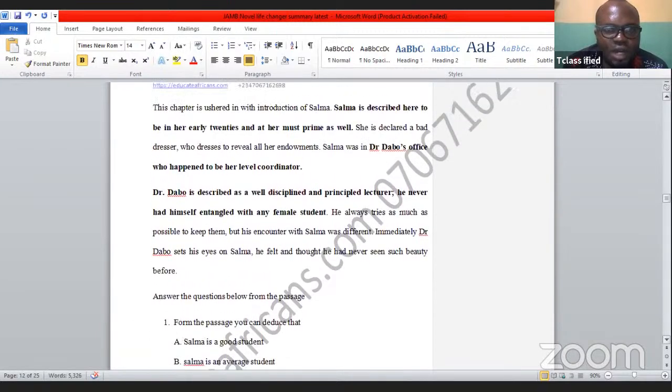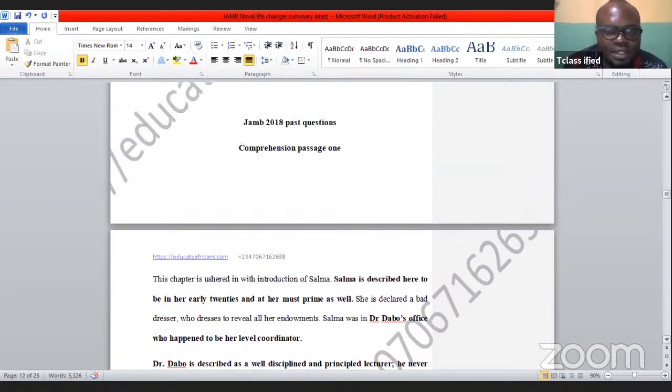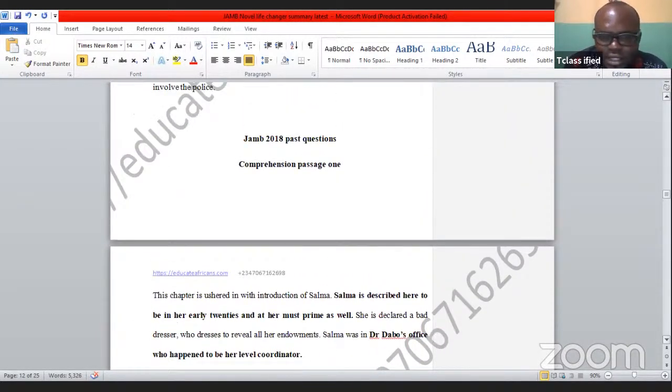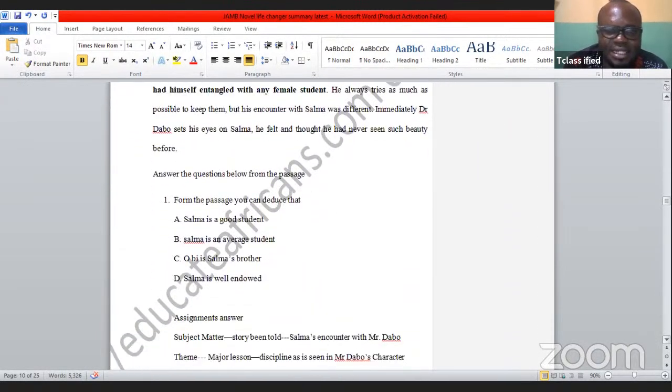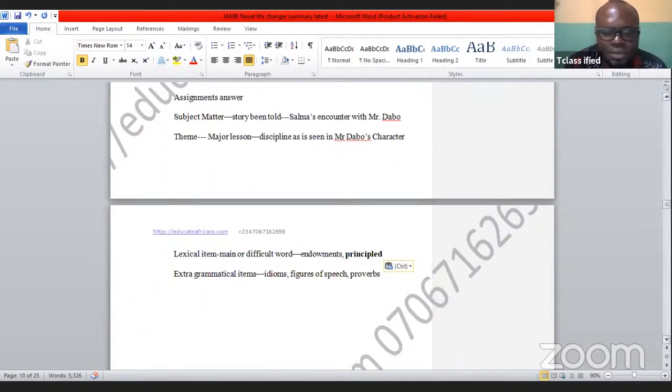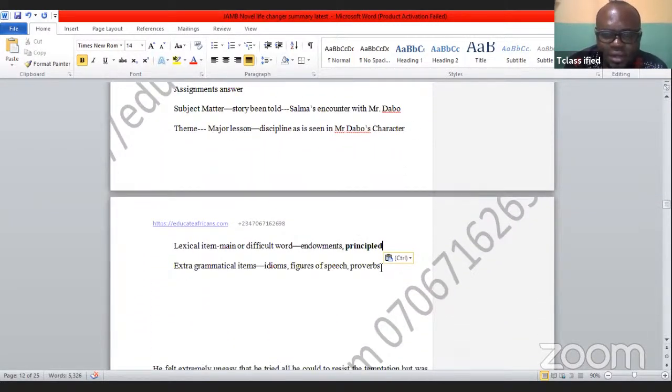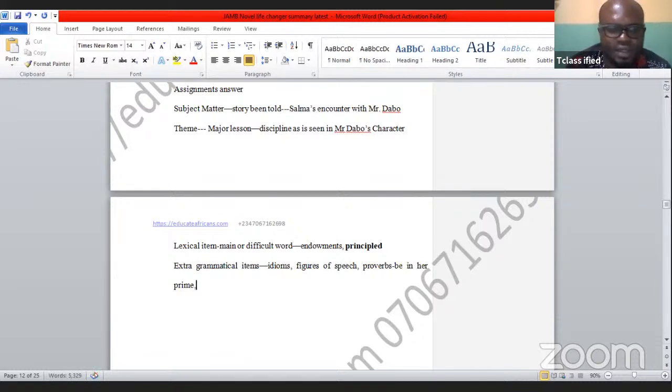If we scroll up, we can see some expressions like that. This chapter also has Summer described as in her early 20s and in her prime. So what does it mean to say that somebody is in his prime? Here you will see words that mean something else from just what they say. So prime, what does prime mean? To be in your prime, to be in her prime. Who can tell me what it means for somebody to be in his prime?